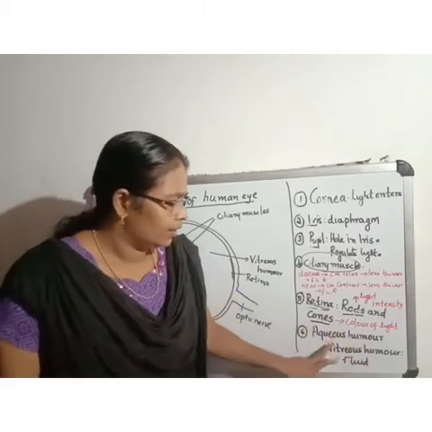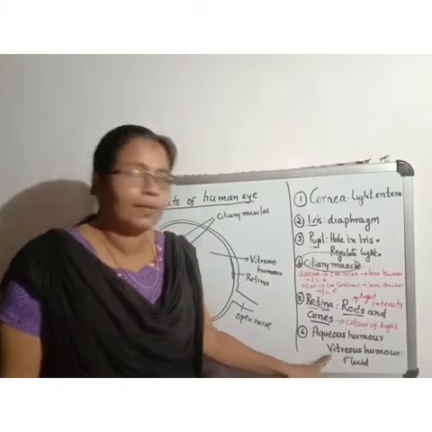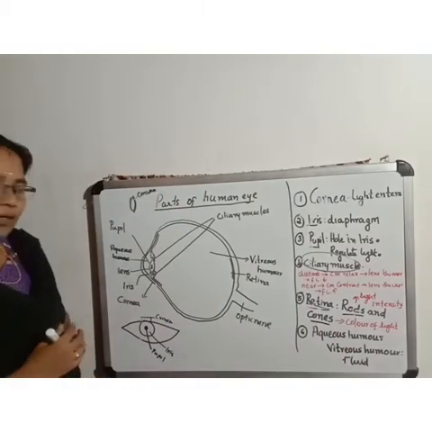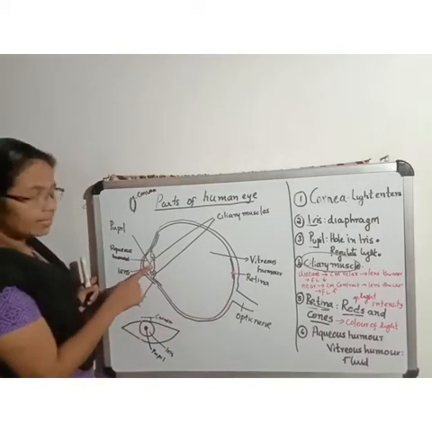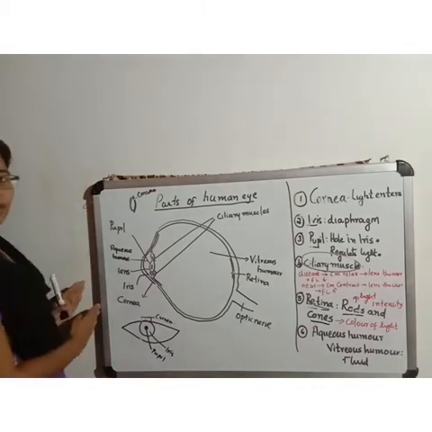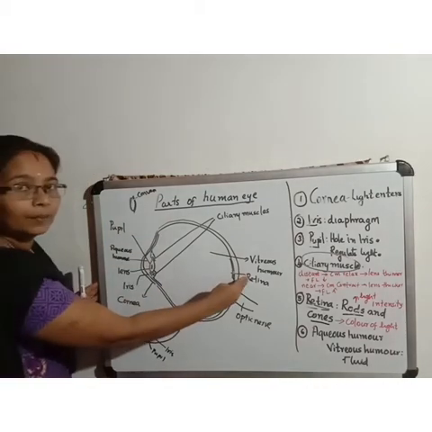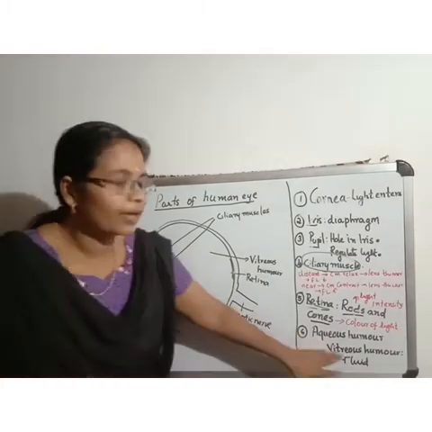And the last part you can see here is aqueous humor and vitreous humor. The retina you can see here at this side, and the lens you can see here. If you are looking at an object here, we will get the image at this side on the retina. Now aqueous humor and vitreous humor